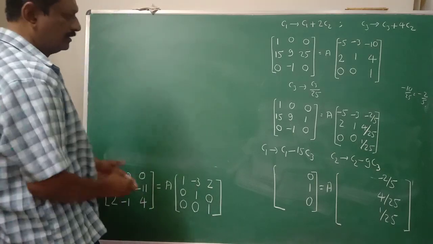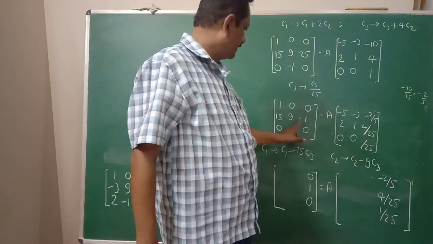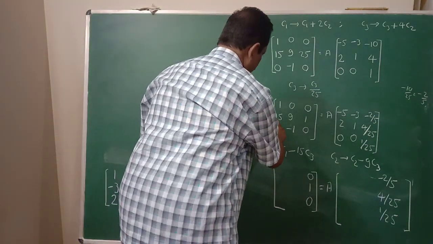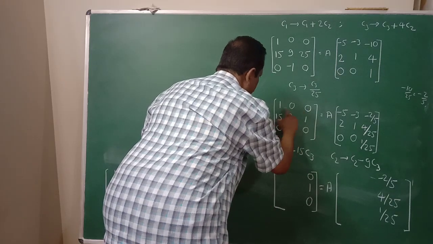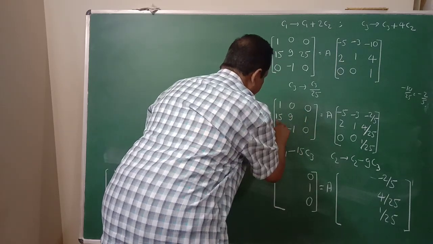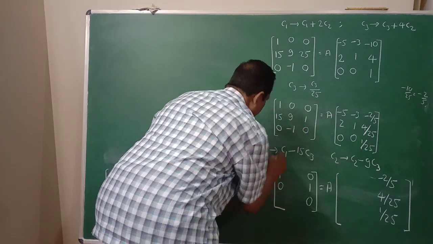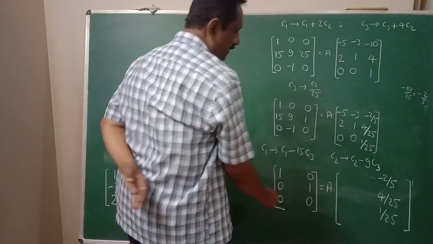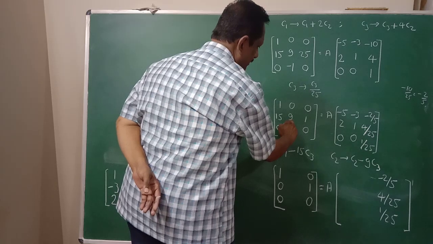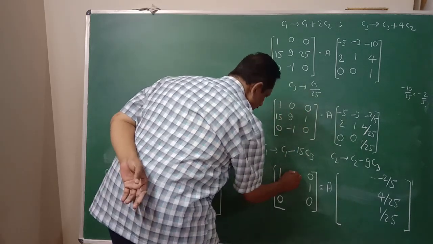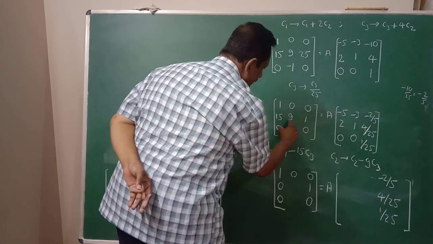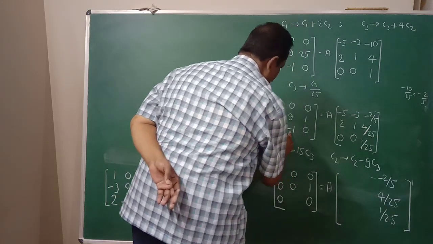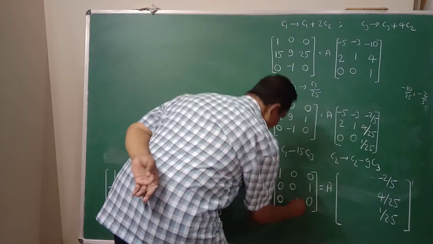Okay, so look here, multiply by 15 and subtract here, then this term becomes 0. Therefore here it is a 0, so this is already 0. 1 minus 0 is 1 here. 15 minus 15 becomes a 0, and 0 minus 0 is a 0. Then multiply by 9 and subtract here. There is already 0. 0 minus 0 is a 0. Multiply by 9 here, 9 minus 9 becomes a 0. Then here is already 0. Minus 1 minus 0 is minus 1.